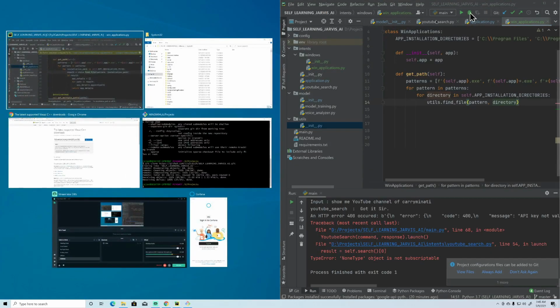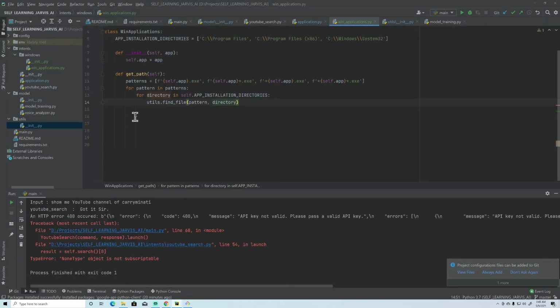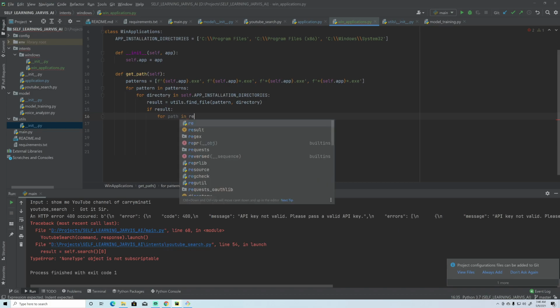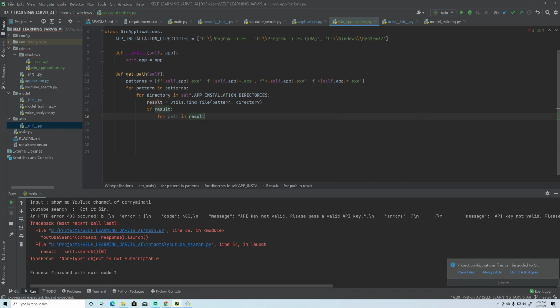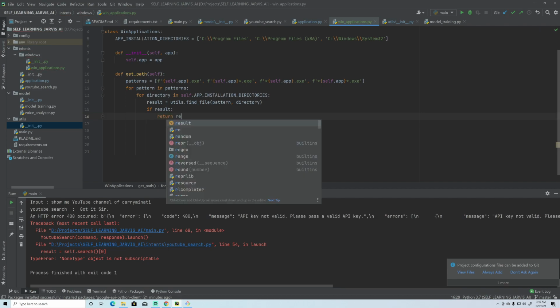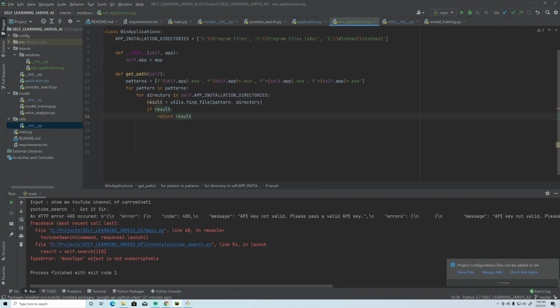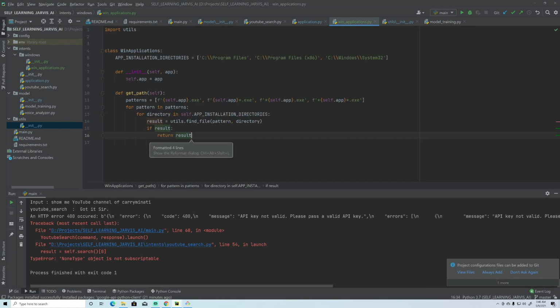And it's happening due to my Mac and Windows switch, right? So yes, result, and if we got the result, then it should return the result. That's it. Yeah, okay, fine.